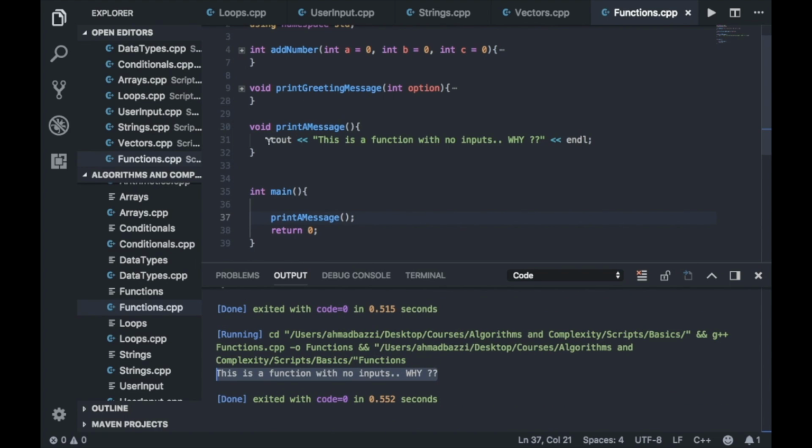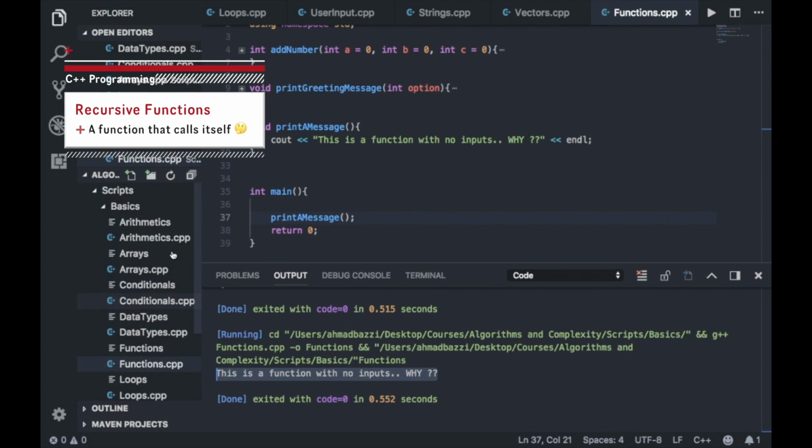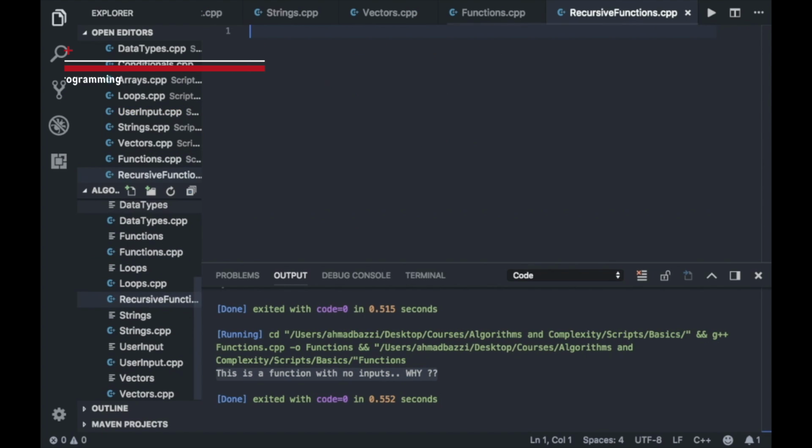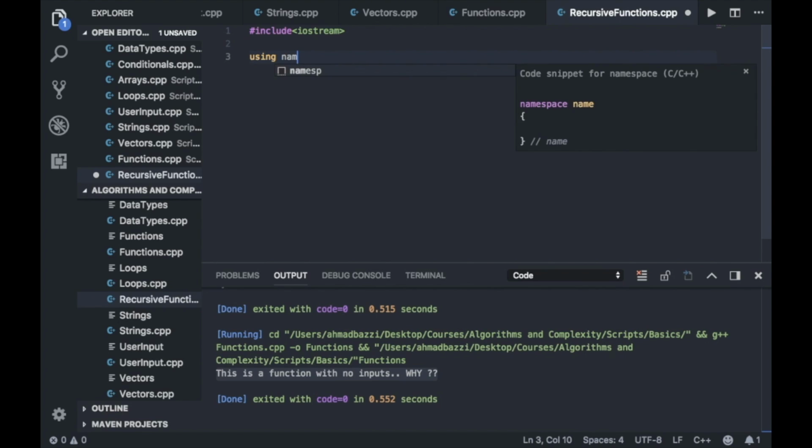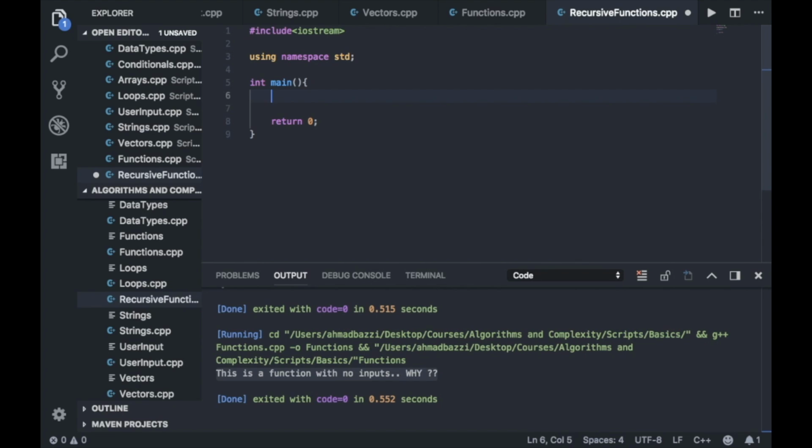Okay, that's basically it. Recursive functions. So what is a recursive function? By its name, recursive means recursions. We're doing recursions. So a function that calls itself until it's done. So I'm going to show you an example of a function that is written in a traditional way, or an iterative way,